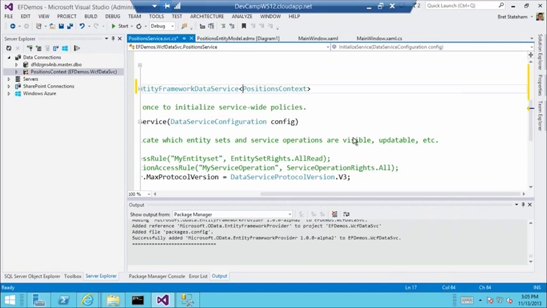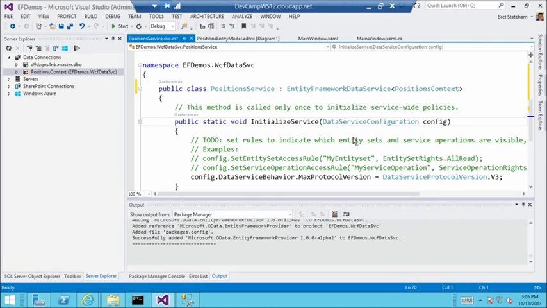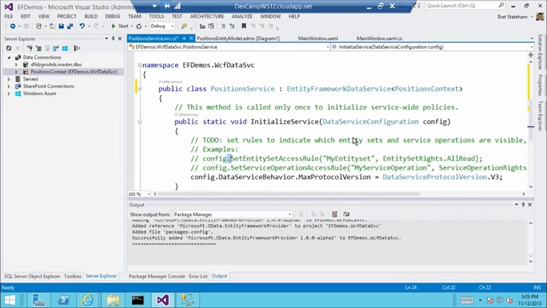Now, with your positions context, there's actually a number of subsets of data. There's positions, cruises, places, time zones, etc. And so down here you get to decide, through what are called entity access rules, what are the various subsets that you want to expose and to what extent do you want to expose them. Now, for a demo, I'm going to go pretty broad here, but you could say, you know what, just expose the positions and only allow read access or something like that. I'm going to go ahead and expose everything, and I'm going to allow